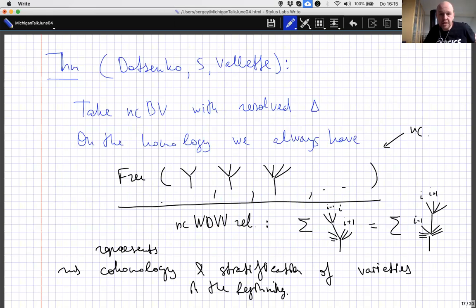So let's try now to apply the same procedure that I just did. I take this nc-BV algebra and I try to homotopically resolve delta exactly the way I did before, right? Because it's just about arity 1 operations. The fact that I'm working with non-commutative, non-symmetric operations doesn't change anything with this homotopy resolution. So what we would get as a homotopy quotient is some structure, namely I would have independent operations of arity 2, arity 3, arity 4, and so on, totally non-symmetric,